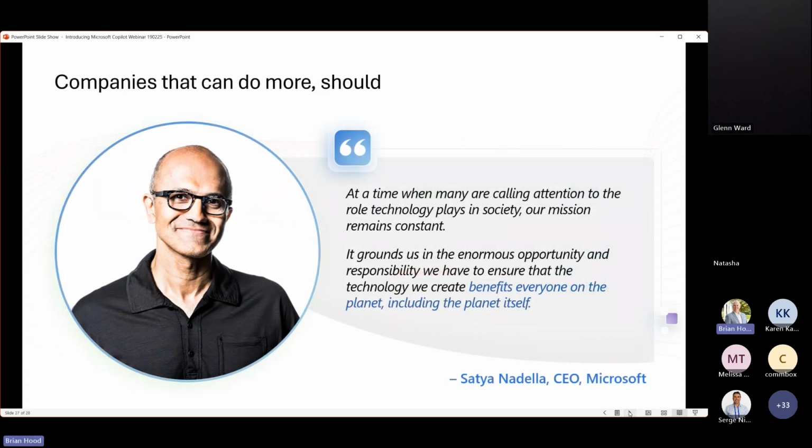Just to finish with a quote from the CEO of Microsoft, and that's to say that at the time when many are calling attention to the role technology plays in our society, Microsoft's mission remains constant. And that is to act with enormous opportunity and responsibility to ensure that the technology we create benefits everyone on the planet.